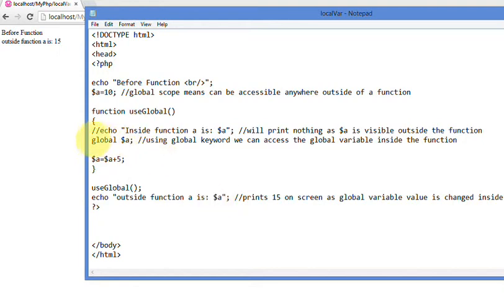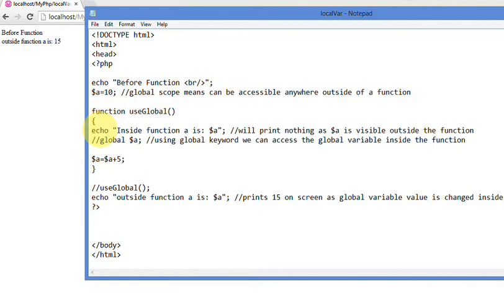Suppose I don't have this global keyword, and I'm trying to access this a inside this function, then it will not print any value. Let's see the output here.